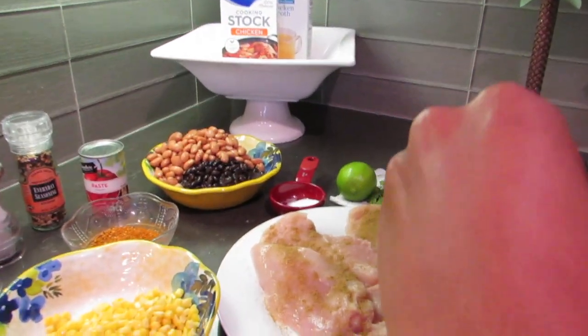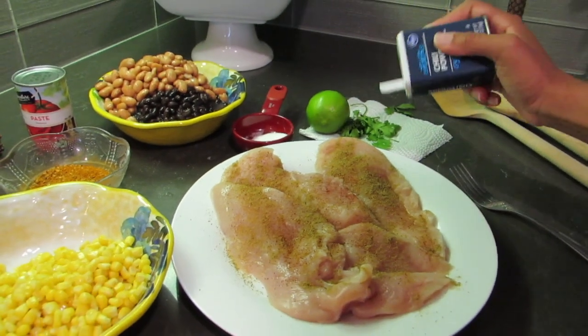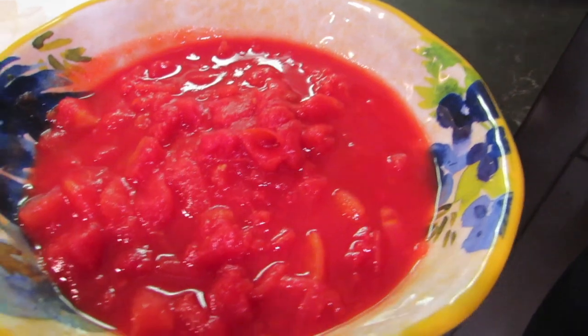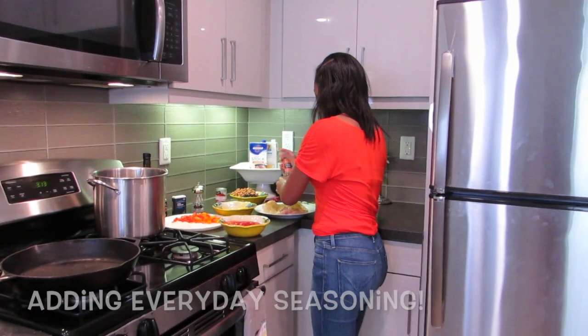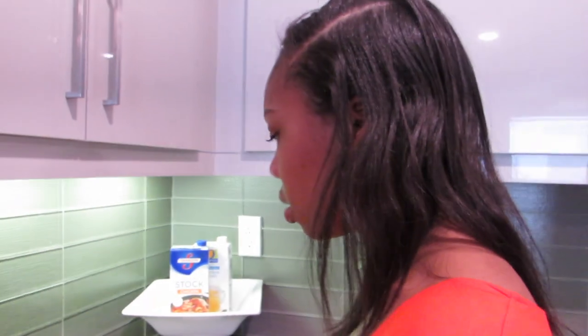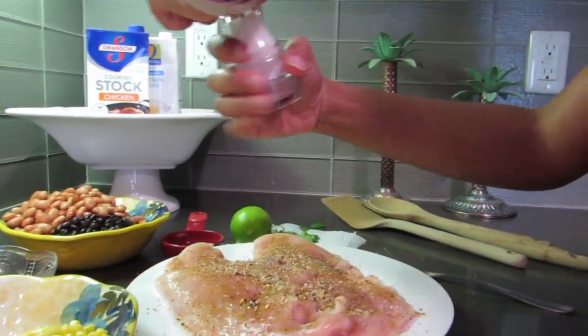How much of this seasoning gets on the chicken? I'm going to add a little chili powder, because we're just pre-seasoning the chicken so that it'll have some flavor, so that when you have it in the soup, you'll still taste some flavor in the chicken. I'm going to add a little bit of everyday seasoning. This stuff is absolutely delicious. I highly recommend it. And just a little bit of cracked black pepper, a little bit of salt,